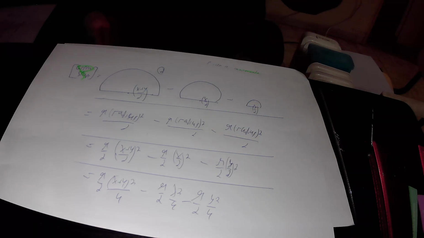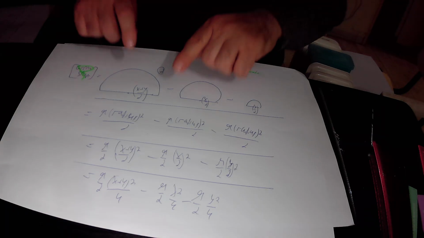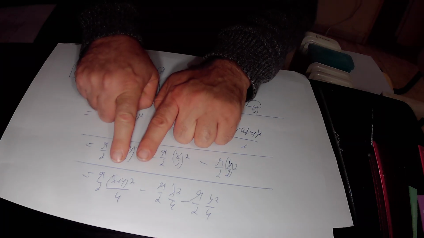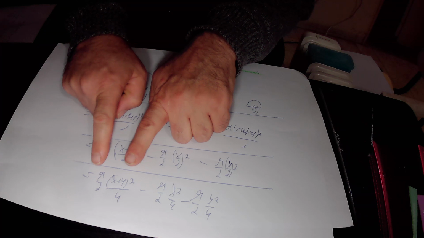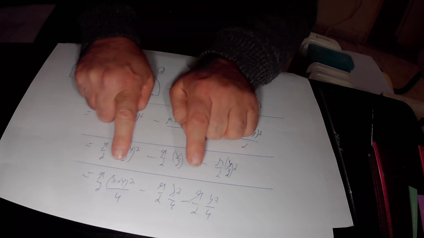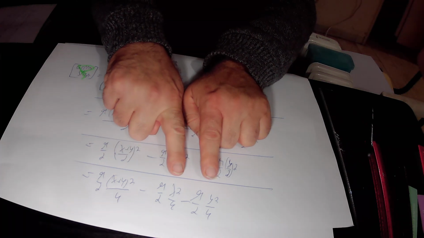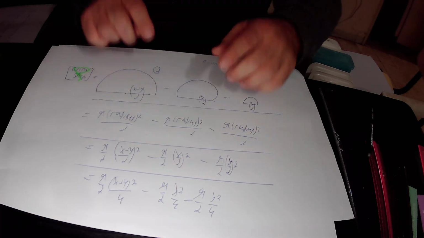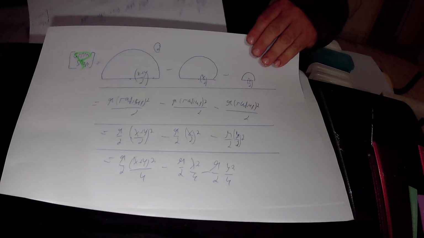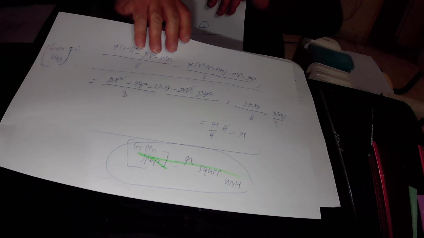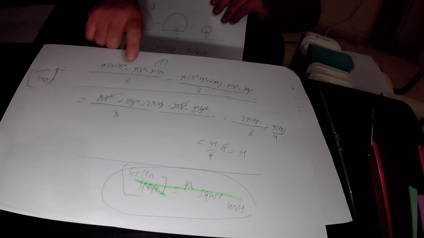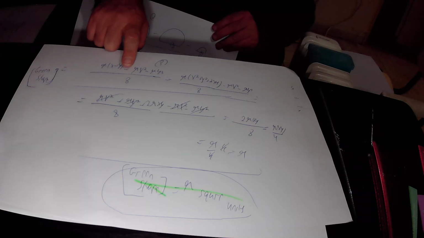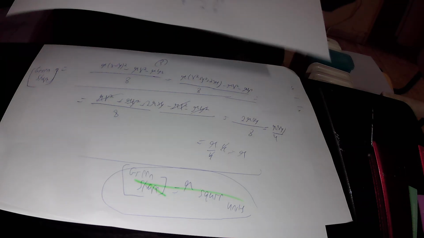Here we took 1 over 8 as a common factor out of those three expressions. We have 8: 2 times 4 is 8, 2 times 4 is 8, and 2 times 4 is 8. So we took 8 as a common denominator of those three expressions. So in the numerator we have here